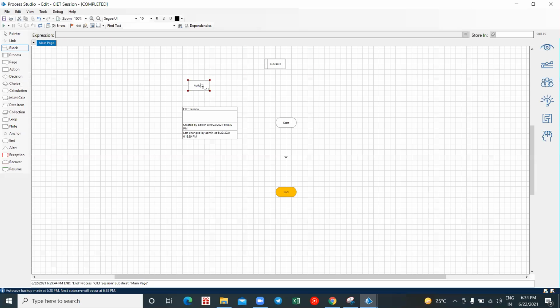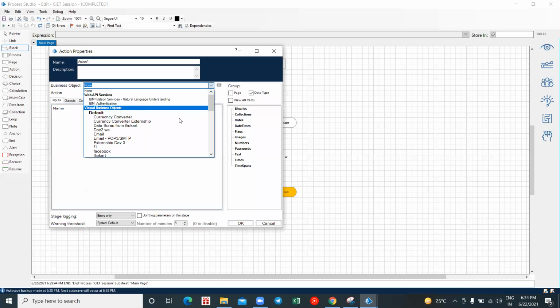Action stage is a place where I was talking about the object studio, right? Object studio cannot be published directly to your control room. I told this statement earlier, right? So whenever you publish a digital worker which is built in your object studio, it comes to your process studio. Now in this action stage, I can find all these business objects that are there for me.